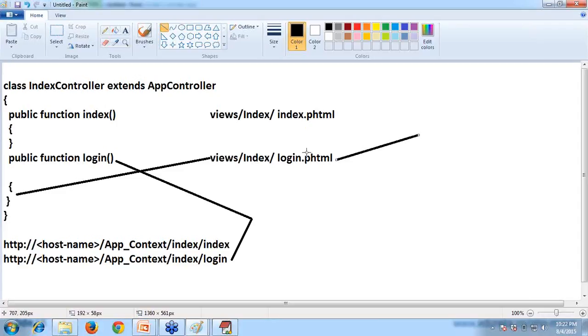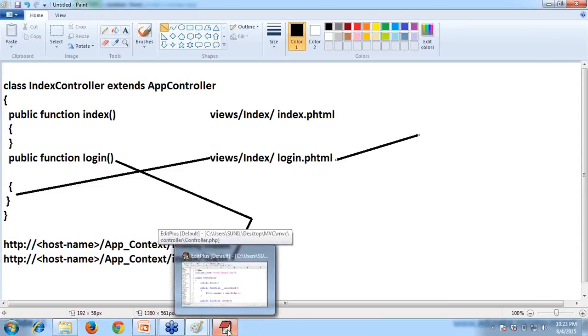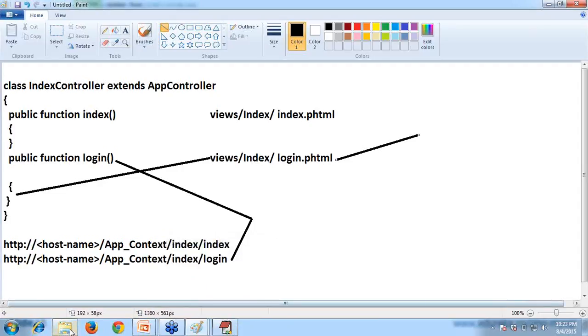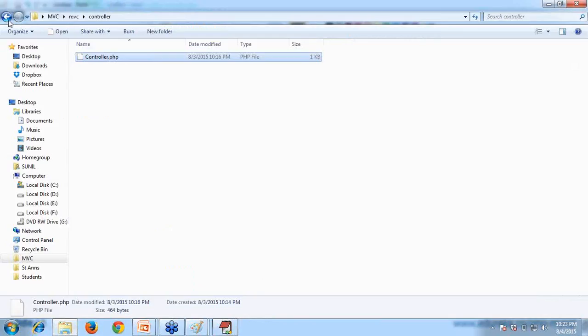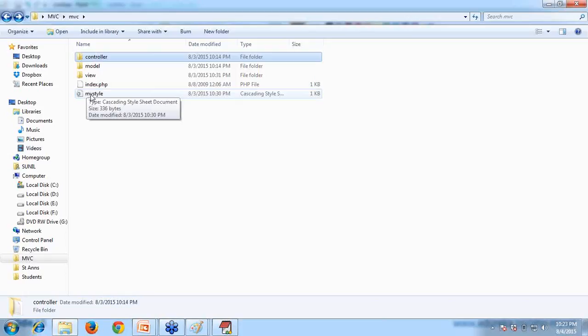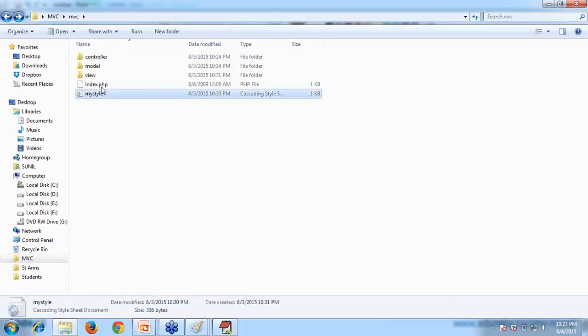Everything is organized in different folders. Controllers are available in the controller folder. Models are available in the model folder. Views are available in the views folder. I'll show you a simple example. It's not based on a framework. We develop our own application, one simple example to display something. So index.php.